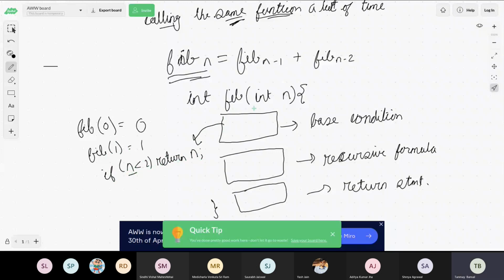What is our function doing? It's coming to this, checking the value of n. If it's less than 2, then I am returning the same value. This is the base condition. Now a recursive formula. We know that Fibonacci of n is equal to Fibonacci of n minus 1 plus Fibonacci of n minus 2. So what will it be? Will be